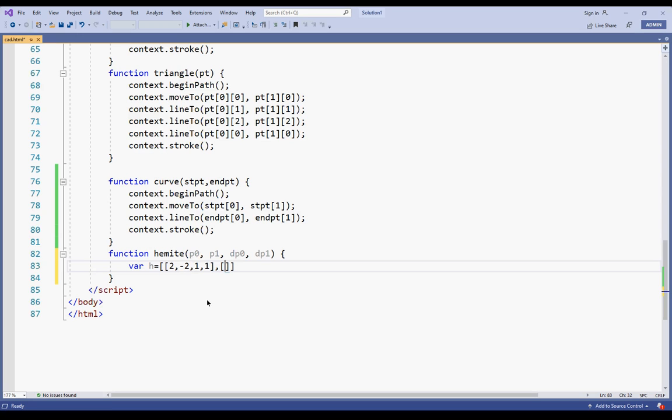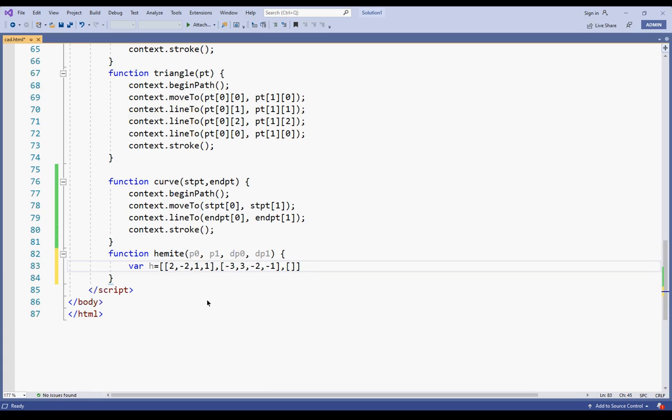Next is -3, -2 and of course -1. Next is 0 0 1 0.